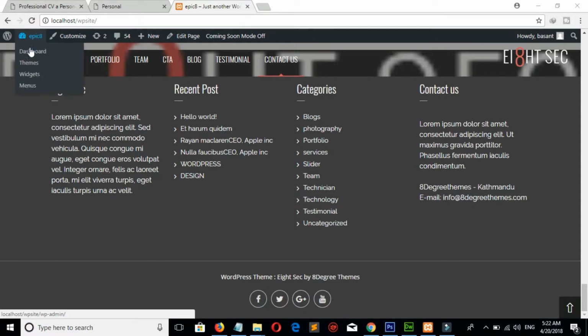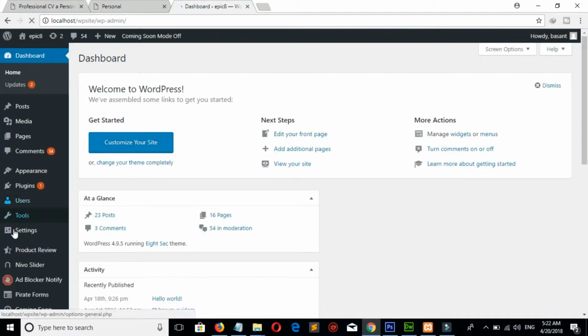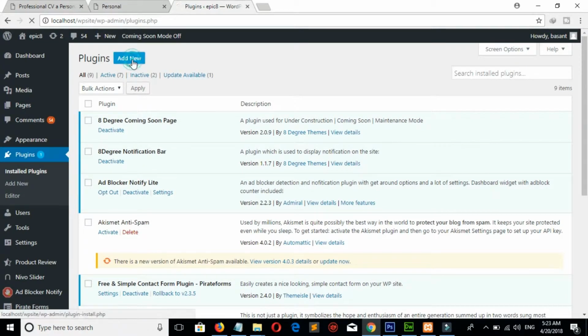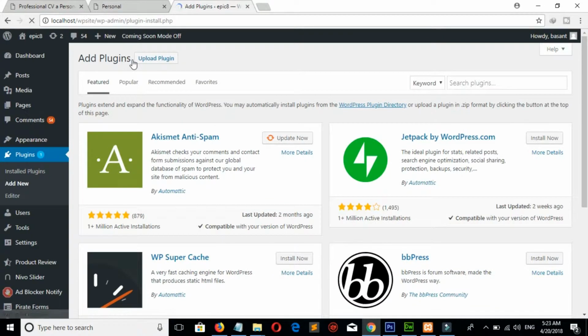So let's go to the dashboard and you should add a plugin. The plugin is Real Time Find and Replace.